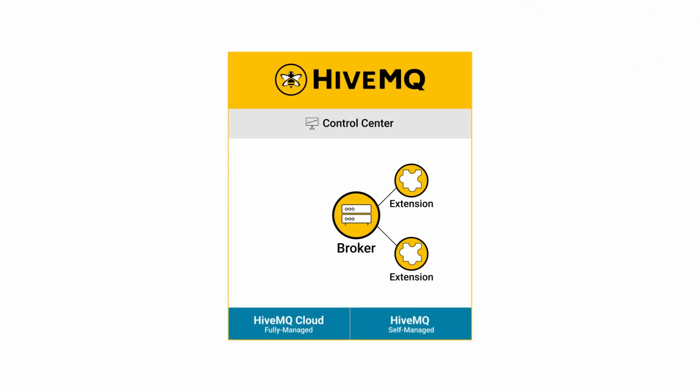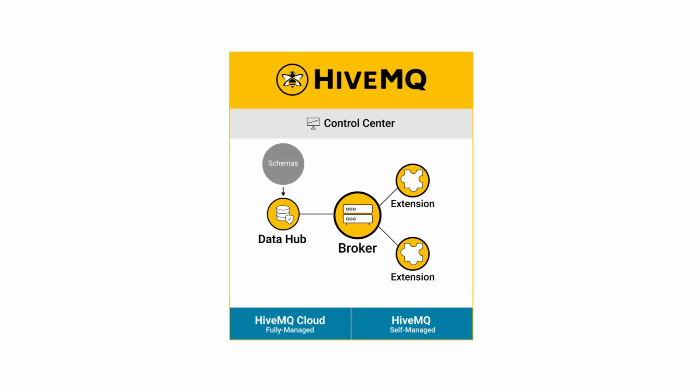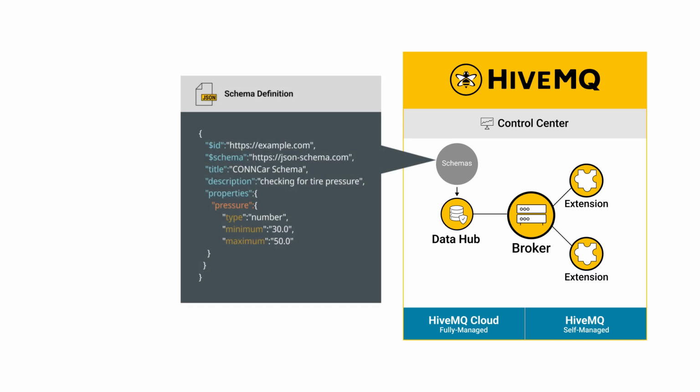Data Hub is basically an experience that we have. It's all about ensuring that the data is high quality, it's normalized, it's conceptualized, and it's ready for prime time usage for doing digital twins or any advanced applications that you want to run. So the first thing in Data Hub, I would point to is schemas. Schemas is basically like scripts or XMLs that you create to say, for this particular schema, what am I trying to achieve? For the connected car experience, I want to make sure that the vehicle pressures are between 30 and 50. That is kind of like the definition.